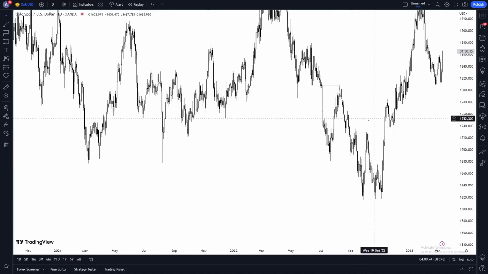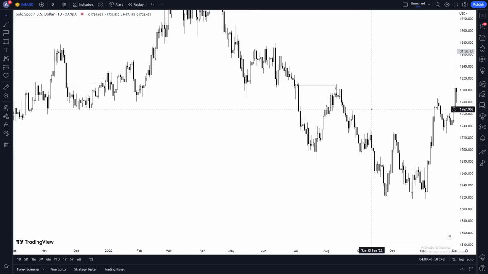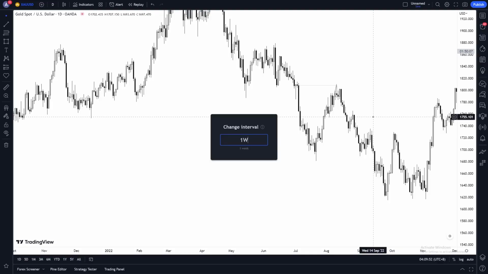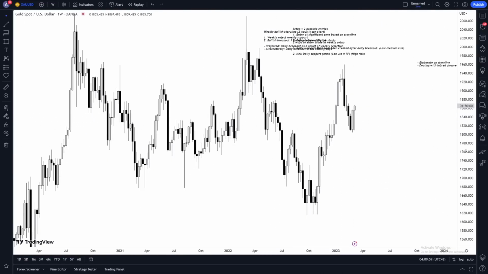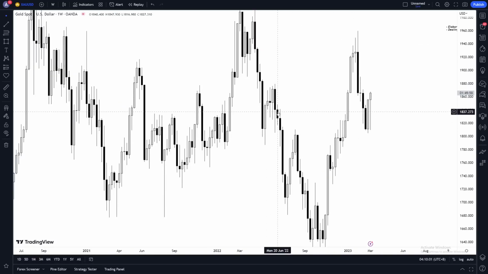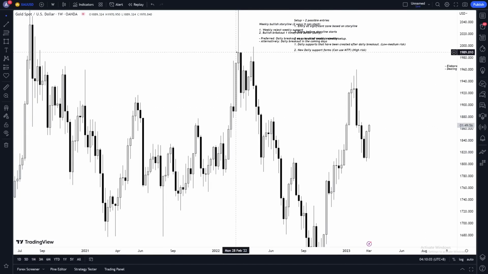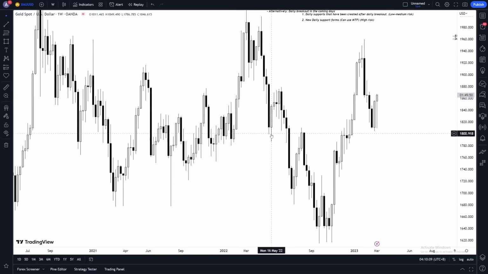And here's the deal, right? The weekly storyline as of this uprise was bearish, and I'll show you why. Not just because there's an absence of a weekly bullish that it's bearish, no, but because there was a weekly bearish. If I'm not wrong, it started over here or it started over here, and once it started over here, it never actually turned bullish. No, it turned bullish here.